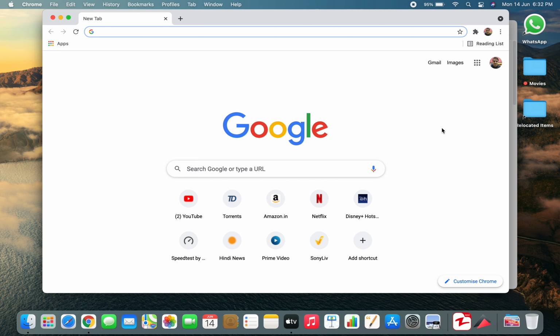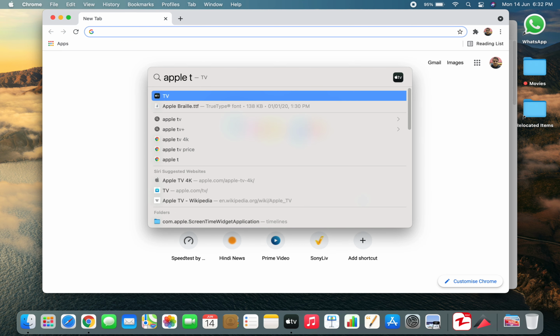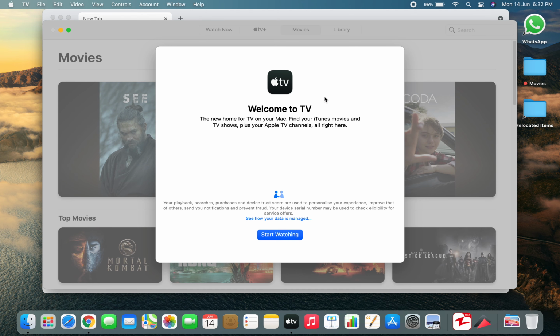Now I'll talk about the third method. You can also use Spotlight to get this. So here is one shortcut, F4. When I press F4, the Spotlight menu will be visible. Also there is one more method to bring out Spotlight. Just move your cursor over there and select it. Now let's say Apple TV is already open, so I'll just have to type Apple TV. When I select this, the app in the background will come to the foreground. So this is one other method to do that.